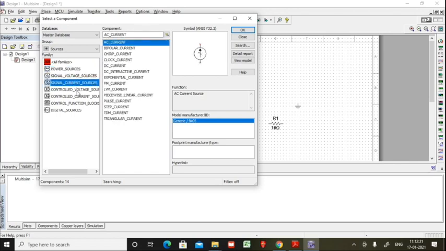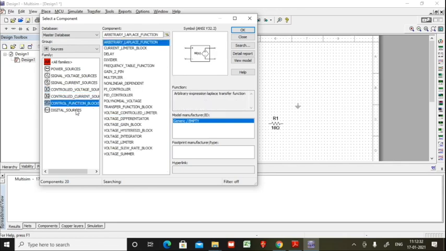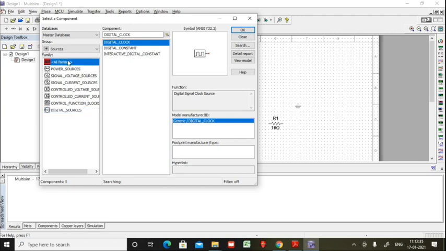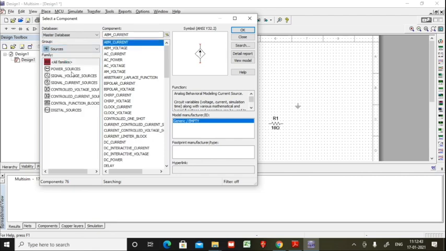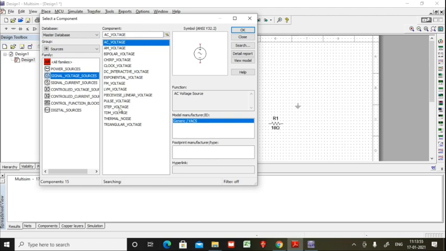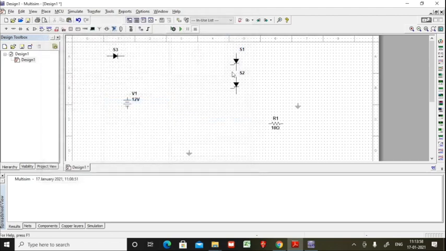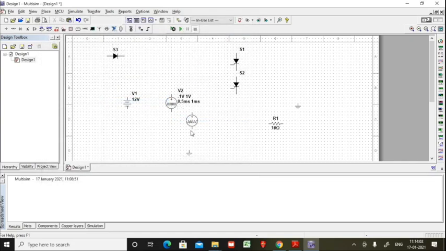Let me check where the pulse voltage is. You can see pulse voltage here. This is what we wanted. Place one here, and take another and place it here.